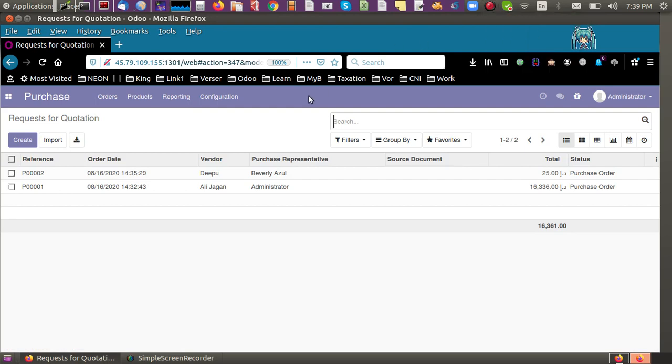Now here all the purchase quotations are available. You can search your existing quotations right from here. You can search by state, by date, by salesperson, and many other search options are available. For the time being I have only 2 purchase orders, and you can create a new one. To create a new purchase order or new purchase quotation, click on the create button,